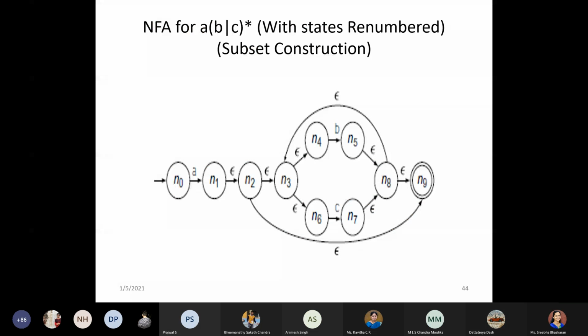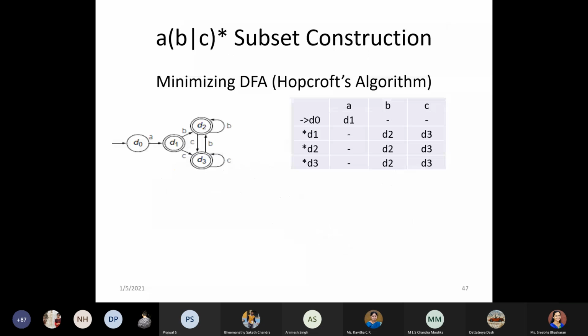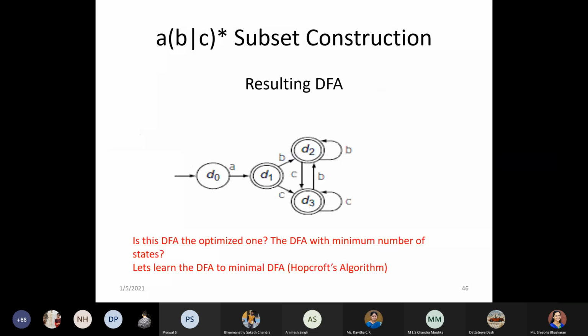Okay, so by using this subset construction, we have generated the DFA, and once we get the DFA, for space consumption purposes we have to minimize it so that the storage requirement would be less. For that, we have used this grouping method, that is Hopcroft's algorithm, and we were minimizing the DFA. We have seen two examples with respect to the conversion of a given regular expression. One example we have taken for how to convert to NFA, and the same example for NFA to DFA, and by using this DFA to minimization.